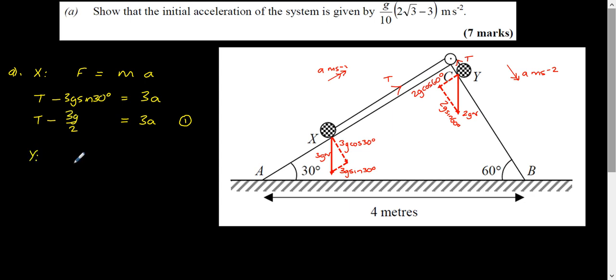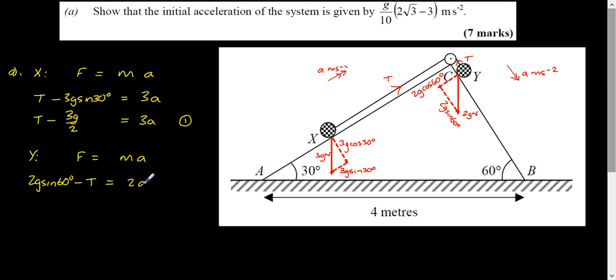The second equation is going to come from modeling particle Y. So again, we're going to use F equals ma, and we're going to find the resultant force and use the mass, and then we're going to try to work out the acceleration. So particle Y is going to move down this slope, so the tension is moving in the negative direction. And so our resultant force is going to be given by the 2g sine 60 positive. Pardon my writing, it's very cold and I've forgotten how to write today. 2g sine 60 minus T,